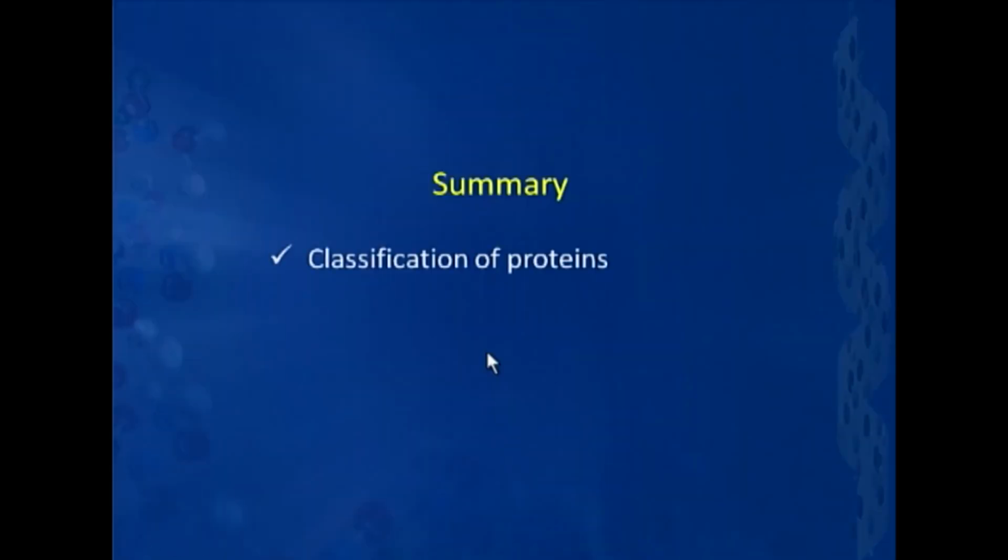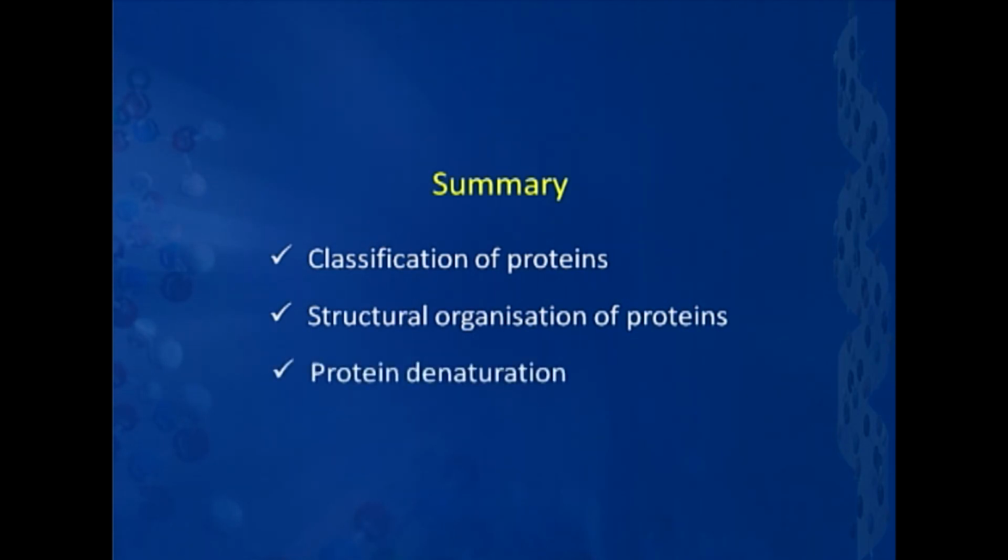Okay. Now, let us sum up what we have done today. What we have done today is we started by just looking at what we understand by proteins, then we primarily spent a lot of time on the classification of proteins. Thereafter, we looked into detail at the structural organization, wherein we talked about the primary, secondary, tertiary and quaternary structure of proteins. And lastly, we just touched upon the meaning of protein denaturation, and then we mentioned a number of agents which can cause denaturation of protein.